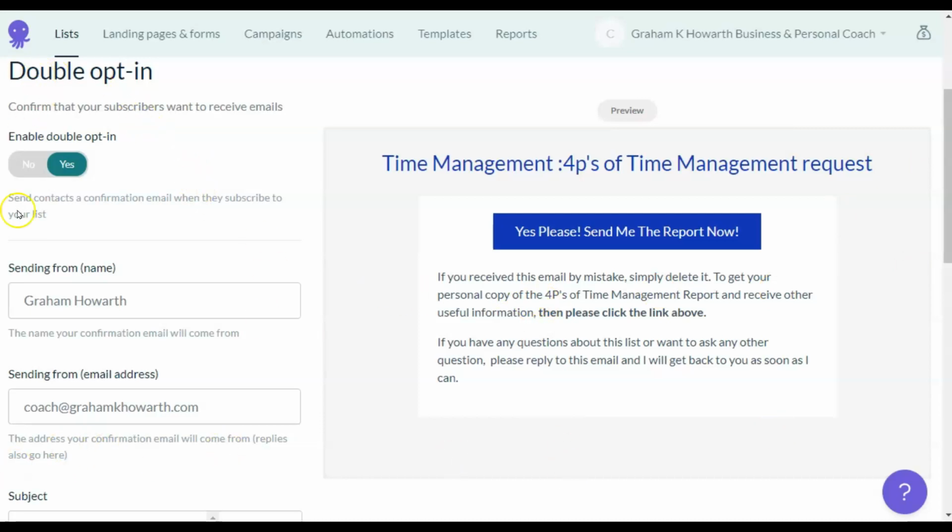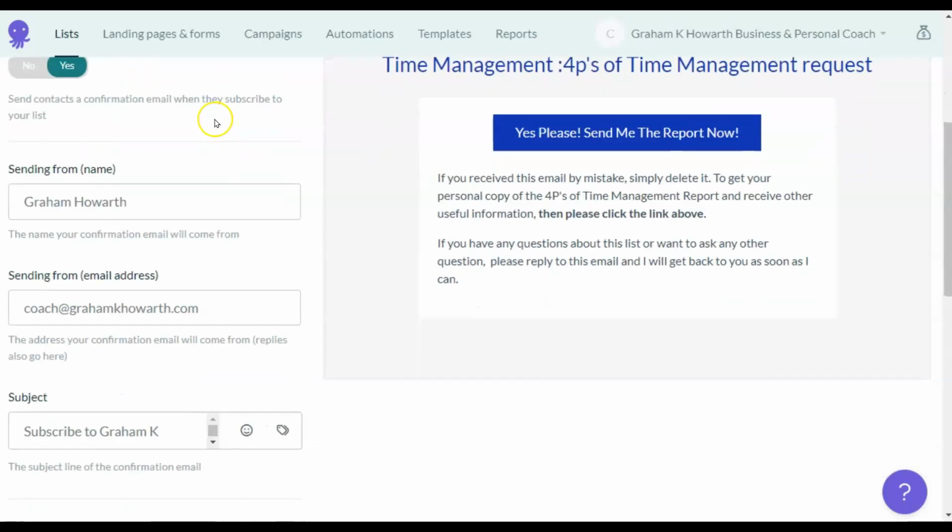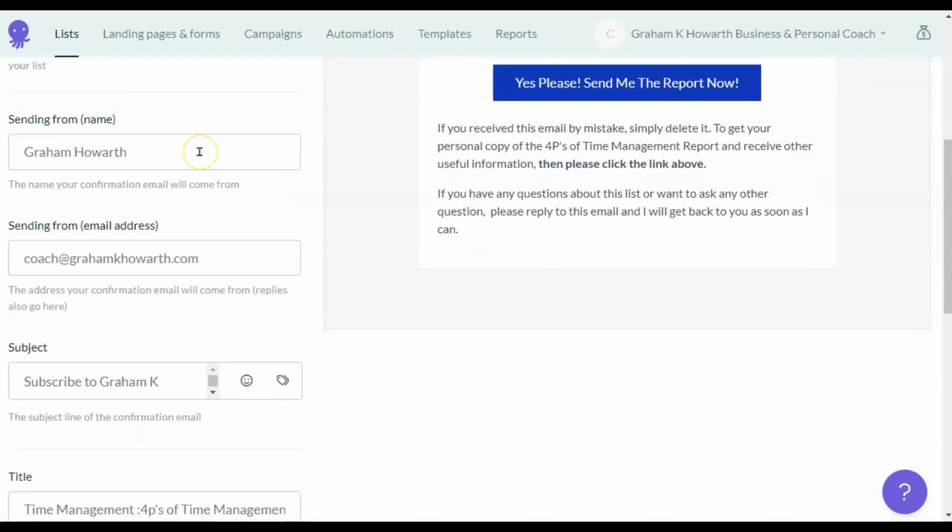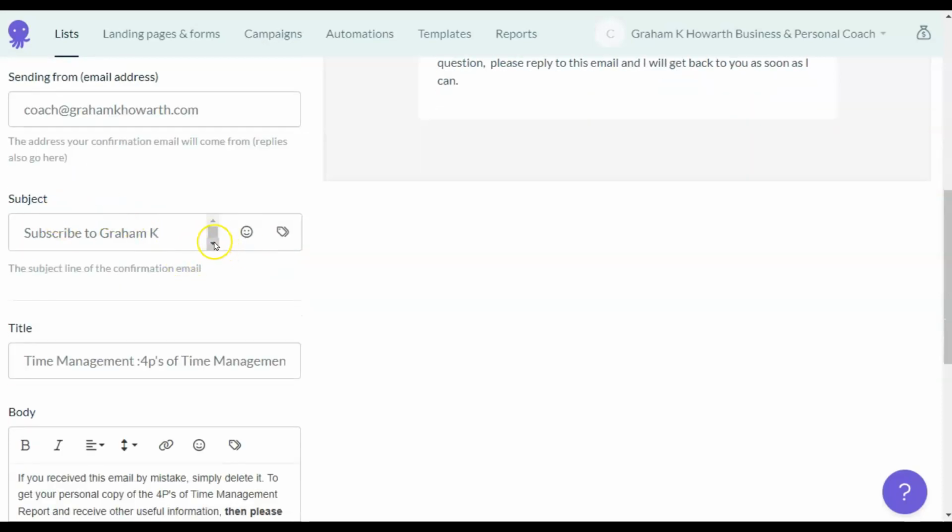Let's have a look over on this left hand side. You can disable the double opt-in if you want to. You don't have to, but if you want to, just click yes on there. You can then put in the name you're sending from, the email address that you're sending it from, and here there's a little bit of text for the subject, and I've just put subscribe to Graham K. Howarth, Business and Life Coach.